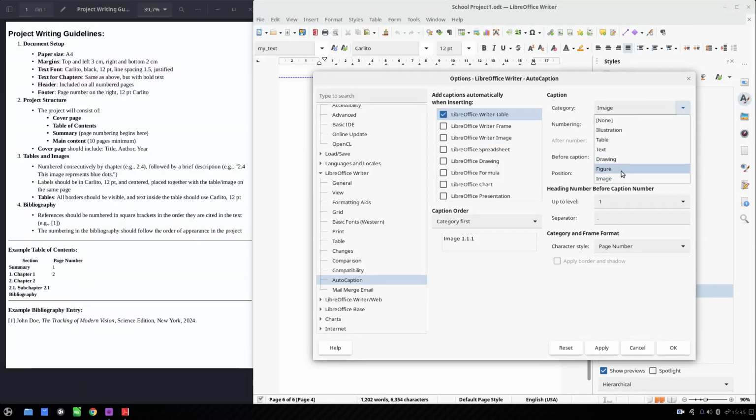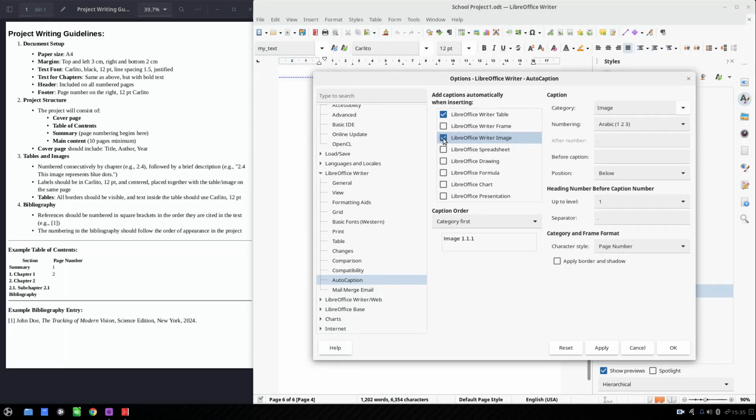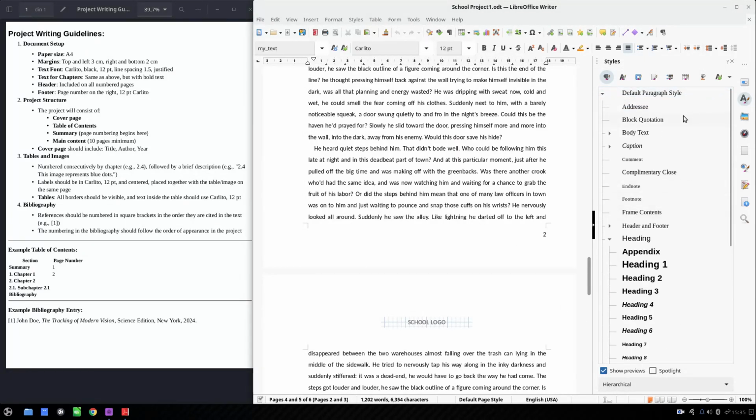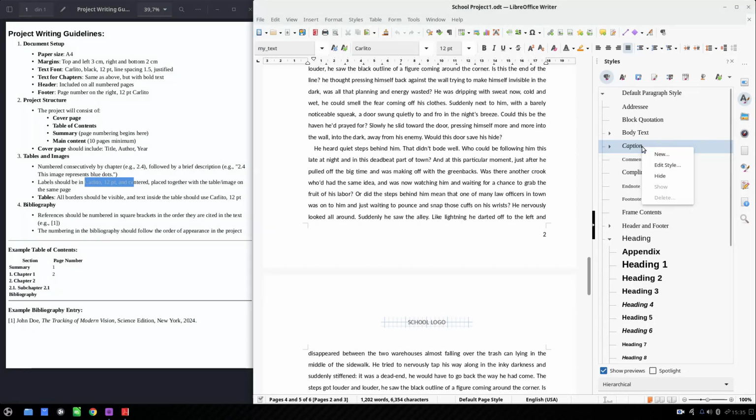We want to be table. The captions should be below up to level 1, as you can see here. It's level 1 and the number of image. And the same for Writer image, we want the expression image below up to level 1, apply and OK. One more thing, we need the caption to be Carlito 12 center, so right click caption, edit